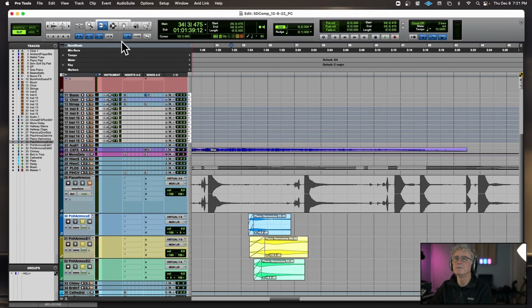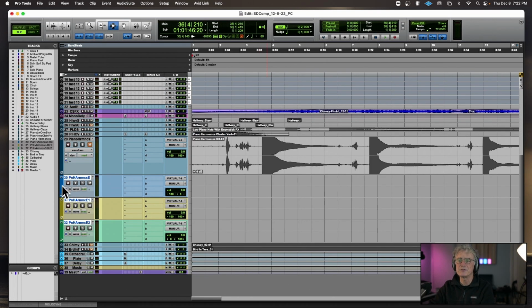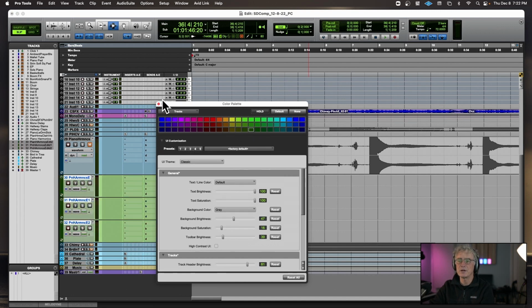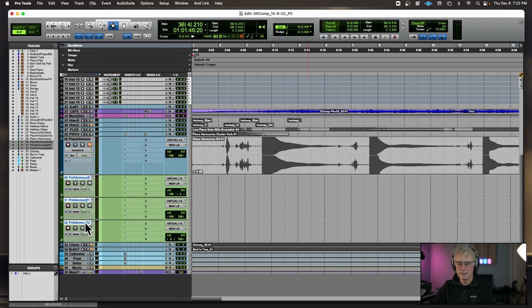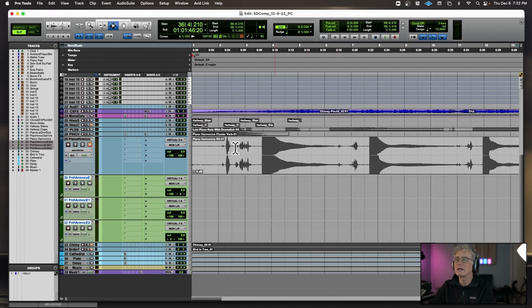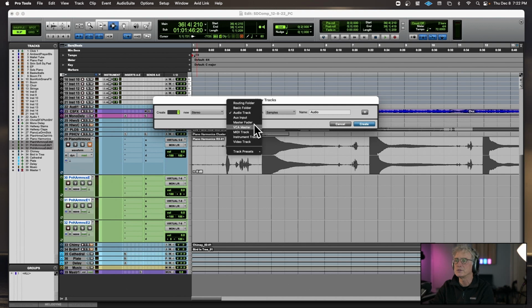That's kind of cool. Now, what I'm going to do in order to control the overall volume of these is make them all the same color first so that I know what I'm dealing with. And then I will have those going out of a Command Shift N, a stereo. Oh, actually, what I can do is put a stereo routing folder, right? You have those in your versions of Pro Tools. So a routing folder, and I'll call this